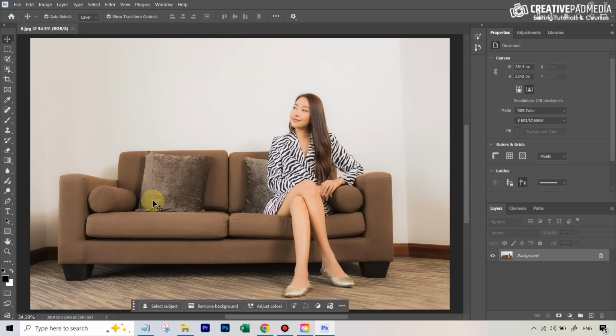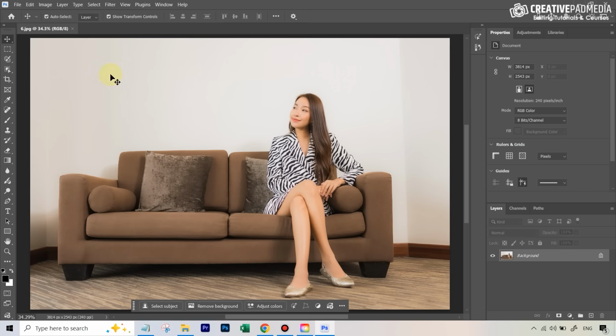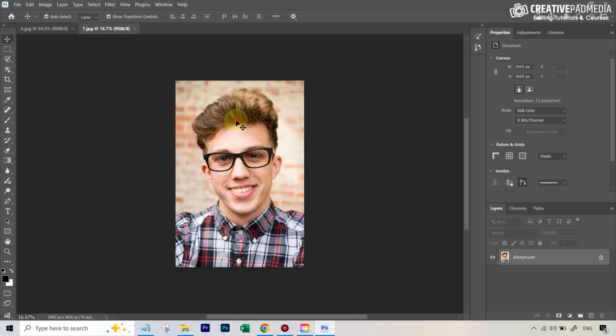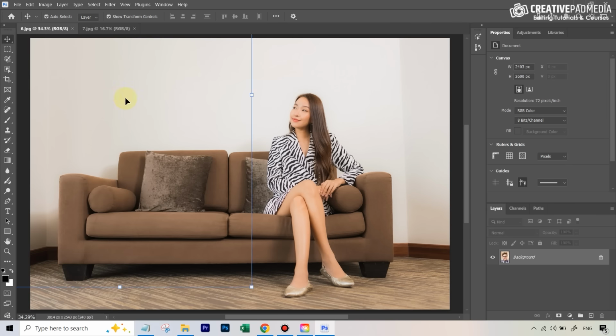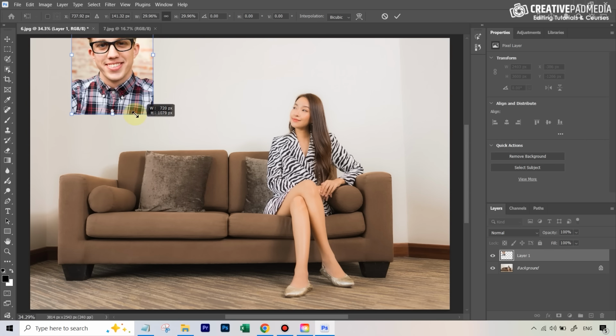So let's say in this particular example, we want this man to be sitting right here. So how do we do this? Well, we just get his headshot and put it on top of this picture as a separate layer. So I've just opened up this image here. Now I can just drag this and first of all, get it right here. Let's just make it slightly smaller. And then also,